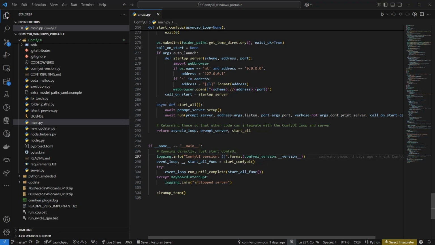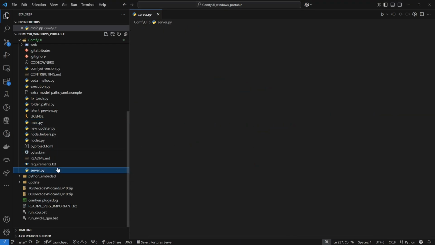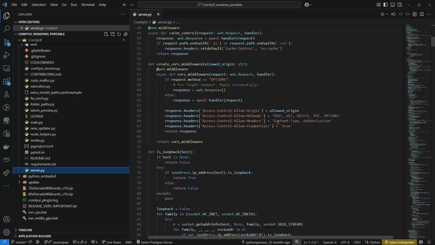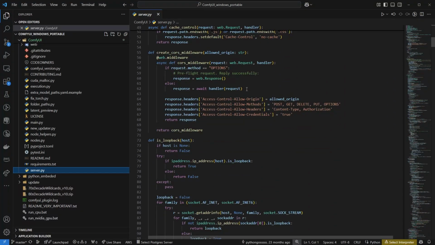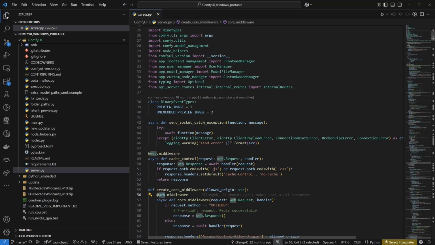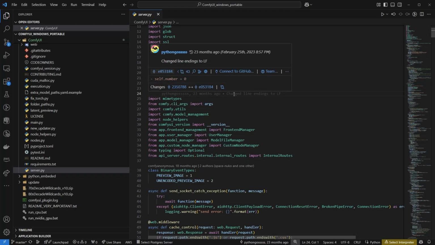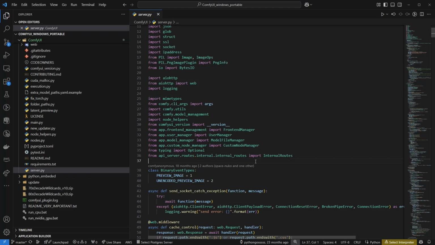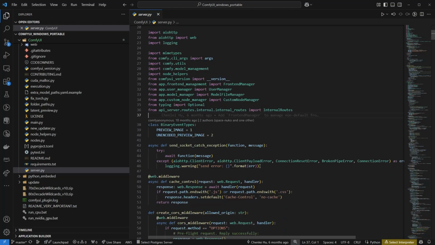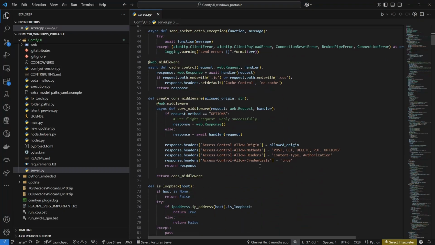So we can see the server module. Okay. Obviously, we have web decorators, which is using aiohttp. This is installable with pip install aiohttp. It's not using FastAPI, Flask, or anything else that you may be familiar with. So